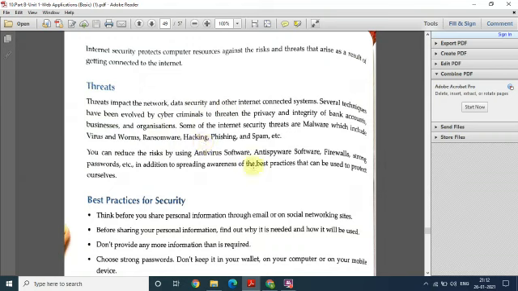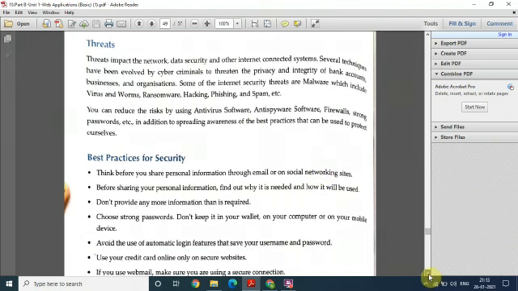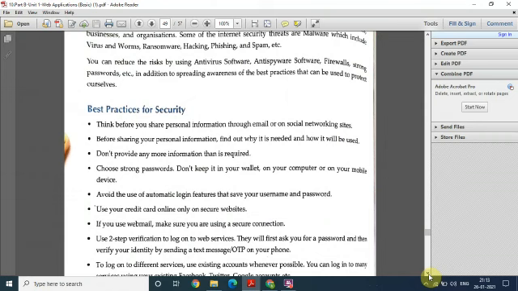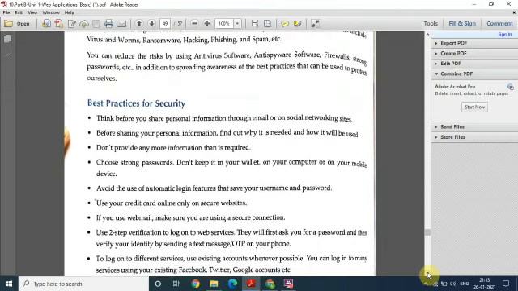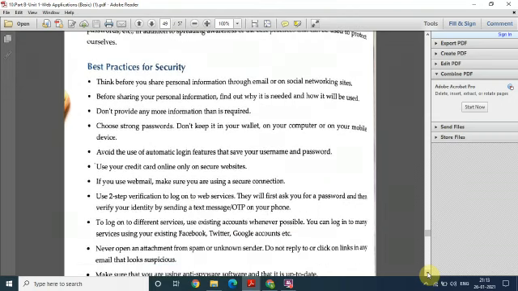ठीक है, तो what are the different practices for security, आप कैसे उसे protect कर सकते हैं. Whenever you are going to share some information, you have to think before it. Before sharing personal information you should be asking different queries, कि कौन पूछ रहा है, क्यों पूछ रहा है, what can be the use of it. ठीक है, you have to use strong passwords, you have to be careful using your credit card online. ठीक है, ऑटोमेटिक लॉगिन फीचर्स को अवॉइड करना चाहिए. वी हैव टू फाइंड, and whatever the OTP is, there is no need to tell anyone.